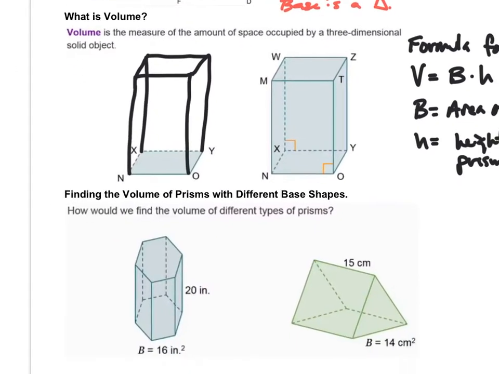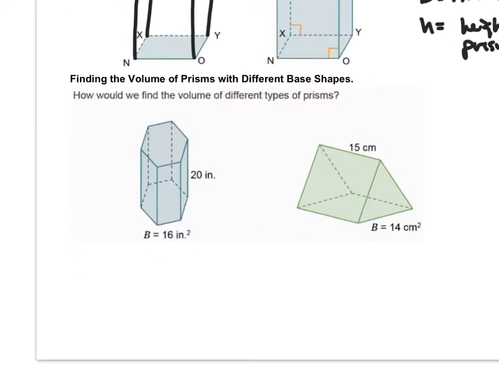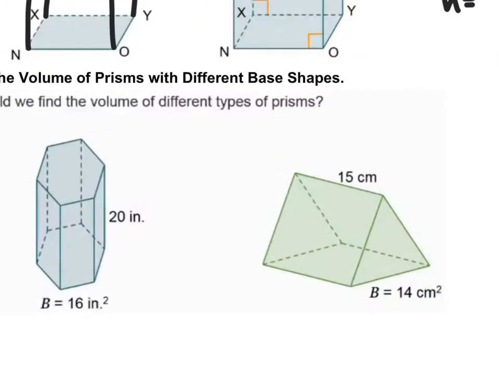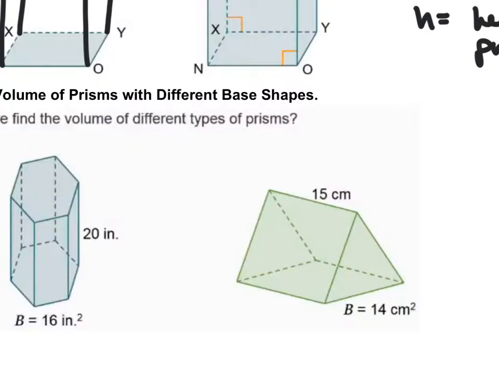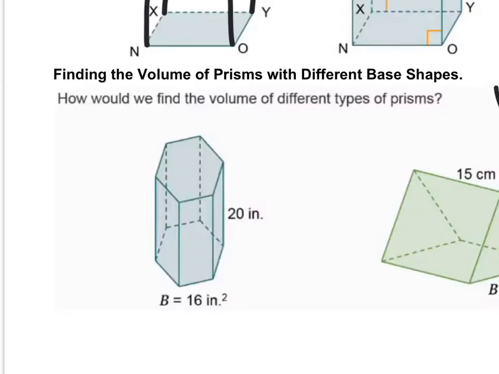All right, so now we want to find the volume of prisms with different base shapes. Remember, the volume is equal to the area of the base times the height, and the height I'm going to denote in red. So the base here, on this